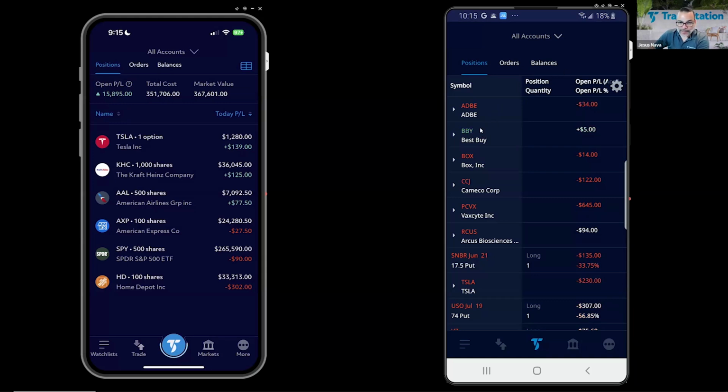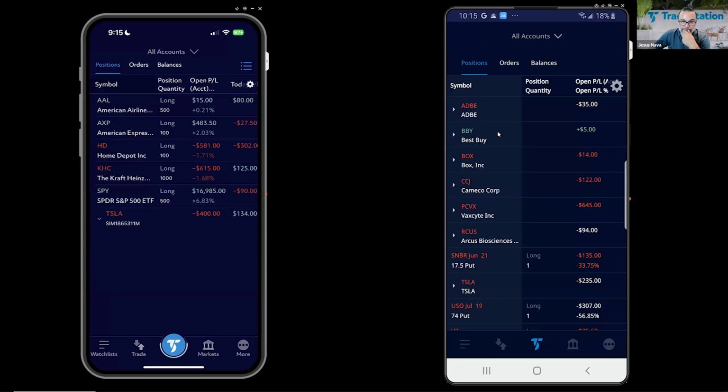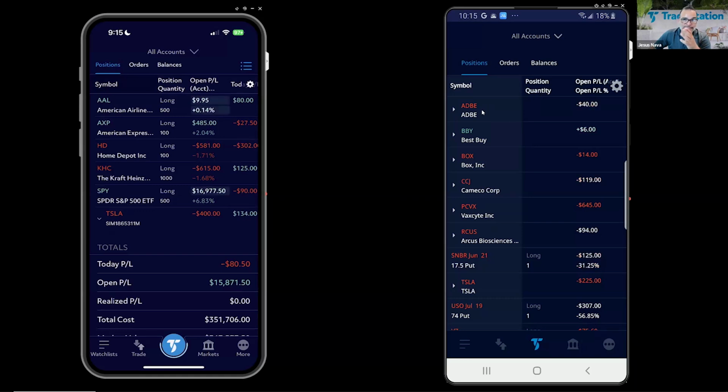So let me switch my iOS to list view as well. Some of the positions that you see here that do not have a position quantity, it's because they expand into some derivatives. Let me explain what I mean by that. If you look down here, I have a single put, and I see that this is long one. I see also another put for USO. But if you see an underlying like Tesla or Adobe or Best Buy, and you don't see a position size,